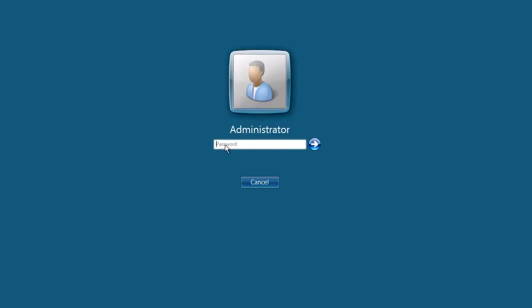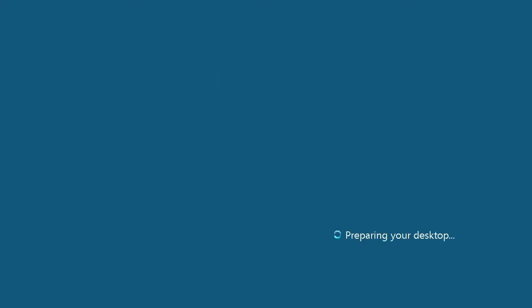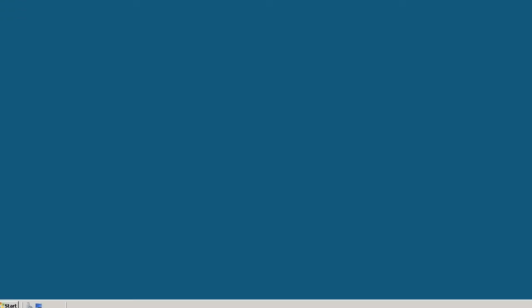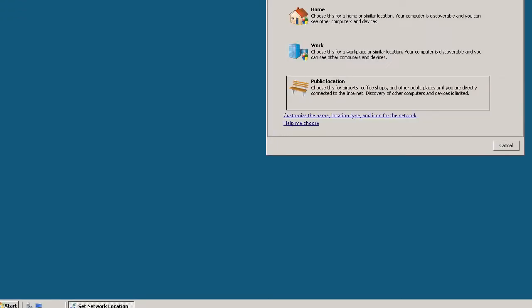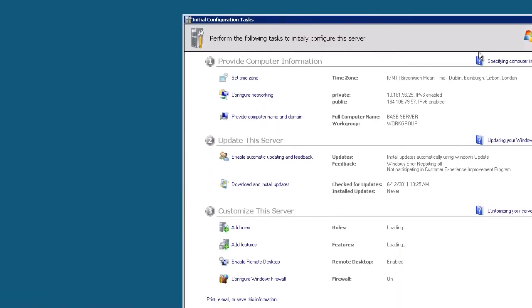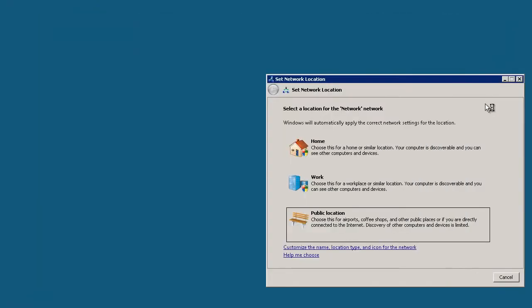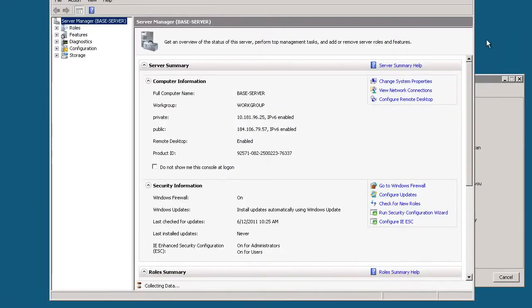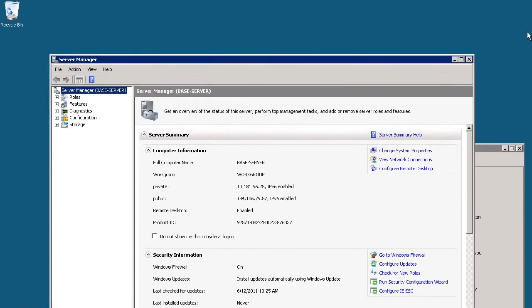Okay, and it loads up, and you simply type in your password. Type in your password, and here you are. For the first time, it will take a little bit to prepare your desktop, and as you can see, this is just like a normal Windows server. It'll do the standard Windows introduction type things. The reason why the screen's a little bit funny is obviously I'm trying to record this, and that's why